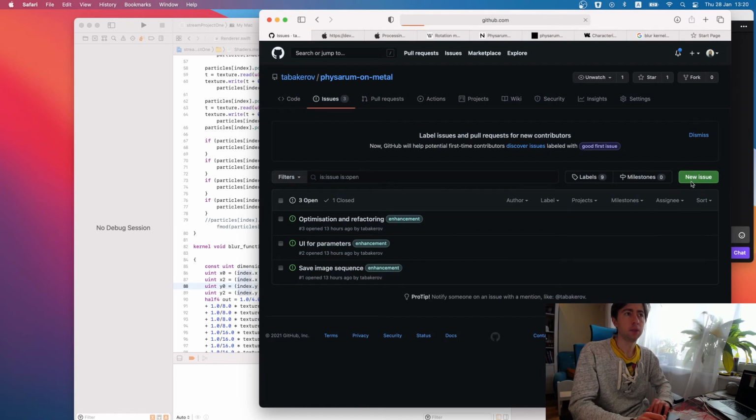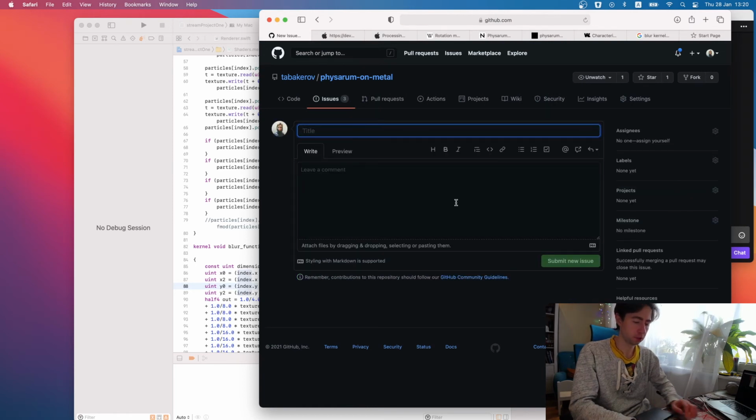Let's add one more issue about use modulo division for particle movement particles.